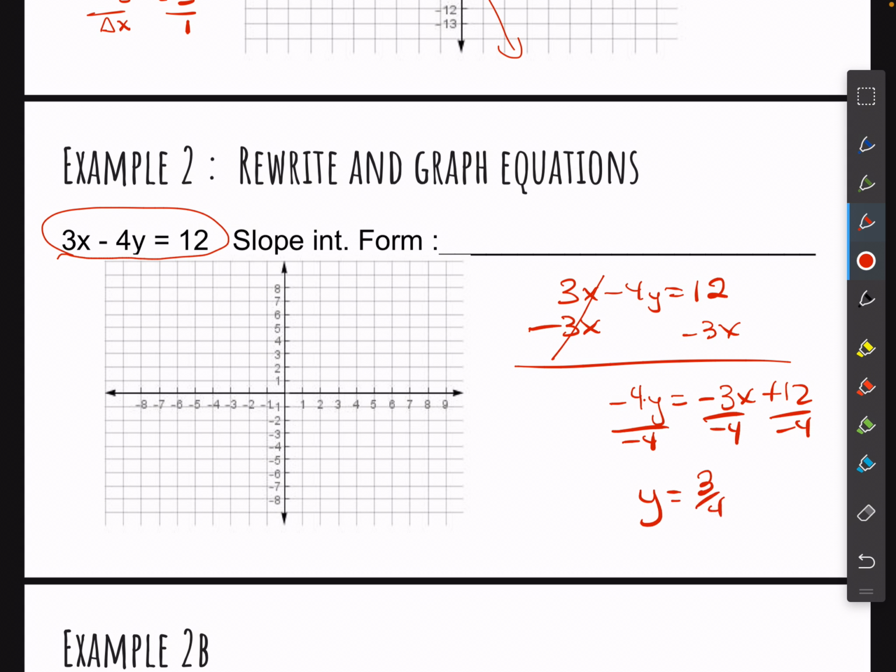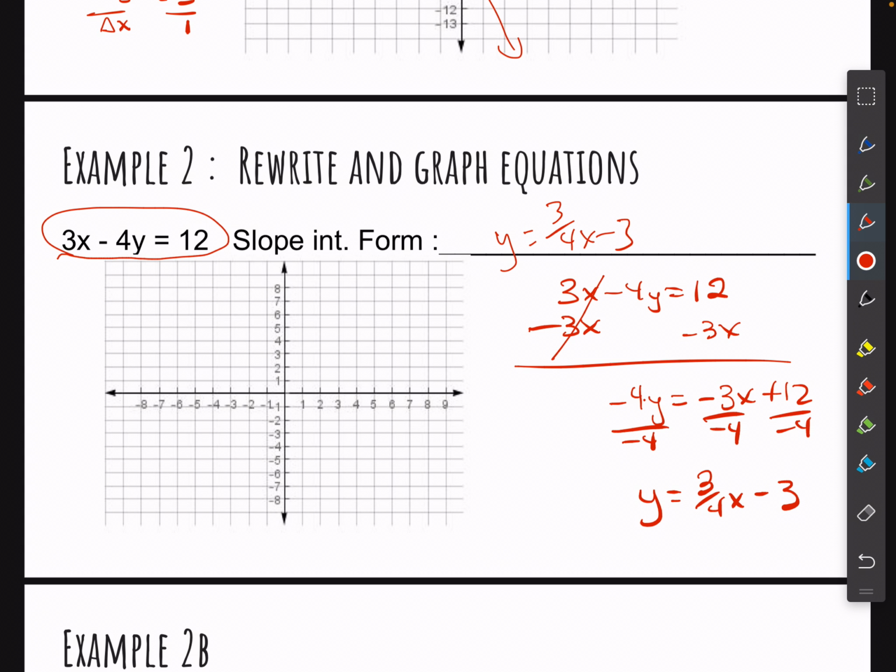3/4 x. Notice the negatives went away because it's a negative divided by a negative. And then 12 divided by negative 4 is negative 3. So we have 3/4 x minus 3. That is the slope-intercept form. So I guess I'll write it here on the line. And then they want us to